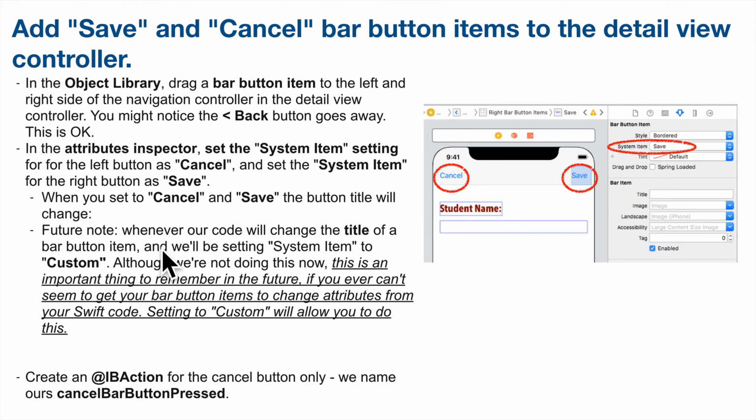Now, one thing that you want to be aware of, and again, always read the notes on the slides here, if we were to go ahead and change the title programmatically, then we'd want to make sure that we didn't set these to system items, but we instead set them to custom. We're going to see that we're going to have to do this when we set up our edit button on the view controller that shows our table view, but for these ones, we don't have to worry about setting to custom. We want to go ahead and use the system item setting. Then we'll create an IB action for the cancel button and only for the cancel button,